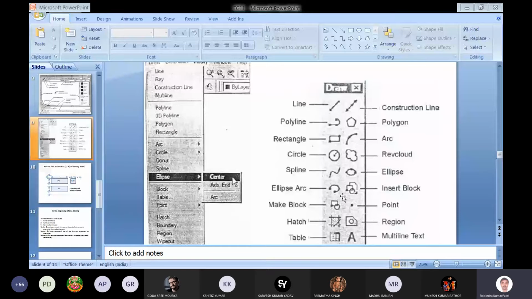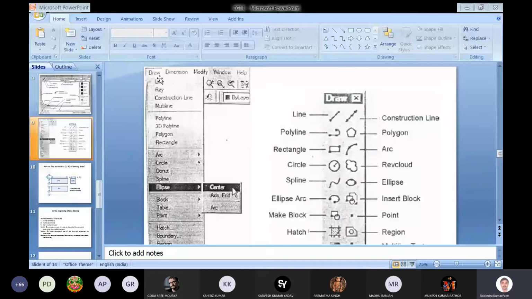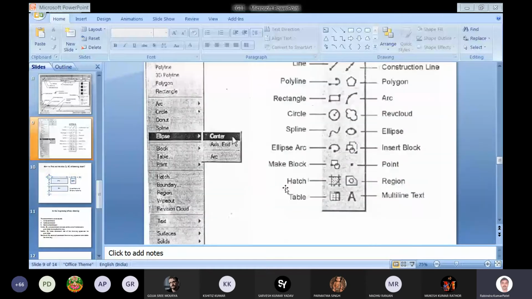Here also, from the drop down menu, you can see draw line, construction line, multi-line, polyline, arc, circle, spline, ellipse, different commands which can be executed directly from the drop down menu. And as I told, the third way is to execute the command directly from the command line after typing it.